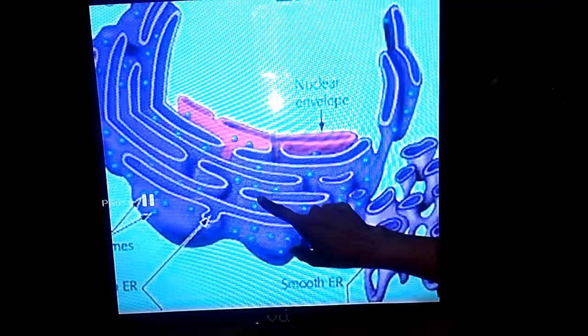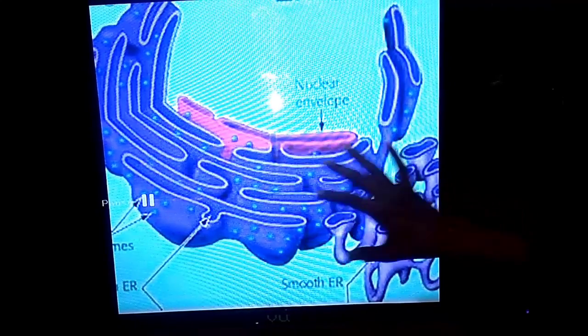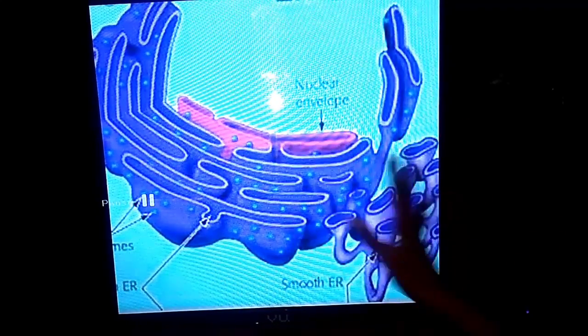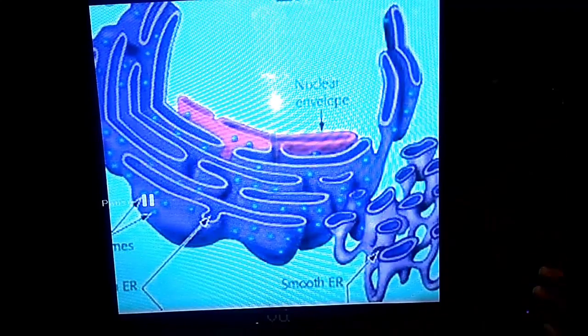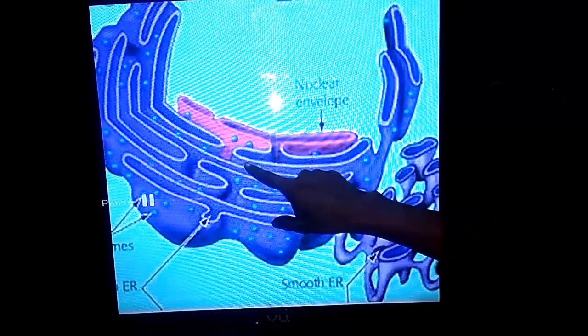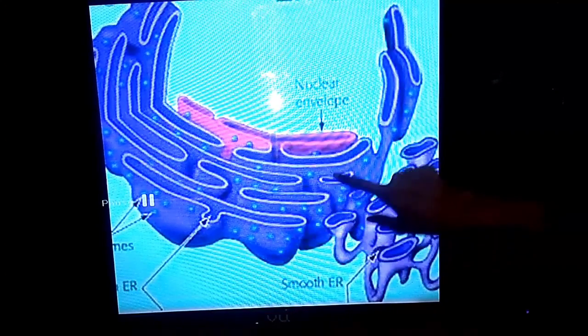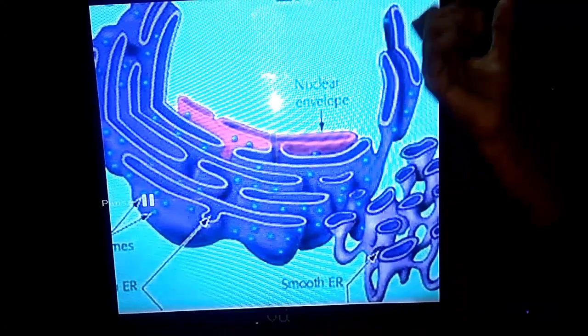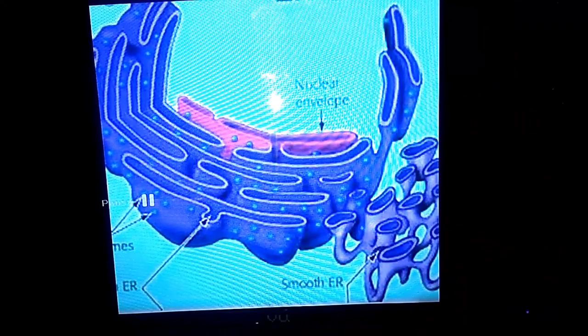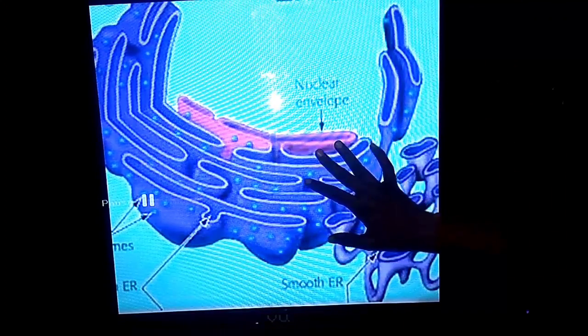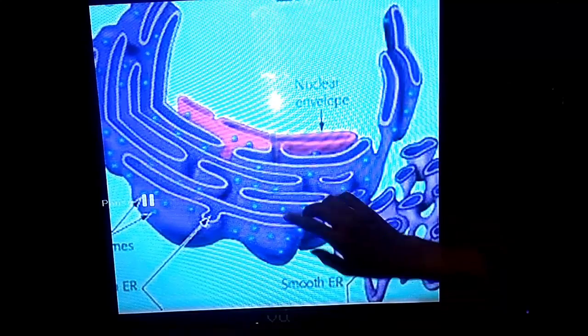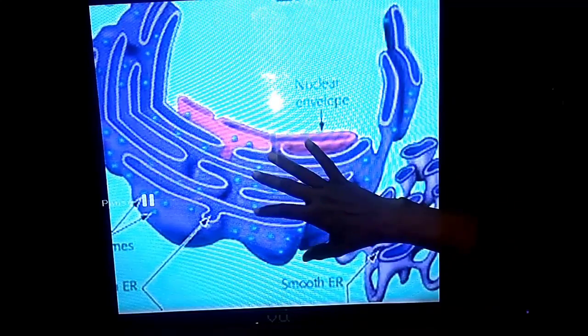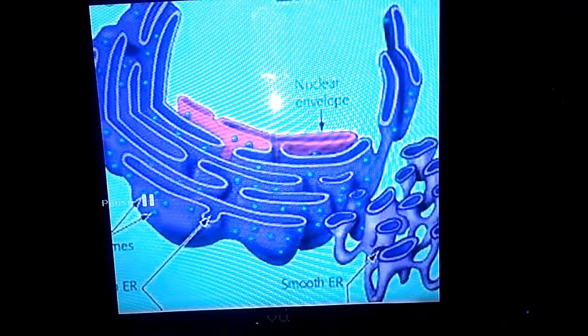When the image of the endoplasmic reticulum was viewed under the electron microscope, it revealed a huge network of tubules, also called the reticulum. The two important functions of the endoplasmic reticulum: the rough one's basic function is to produce proteins in the cells, and ribosomes are attached to its surface, the site for protein synthesis.